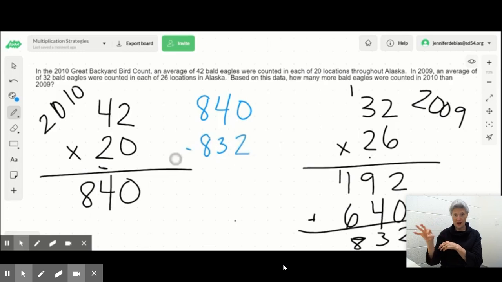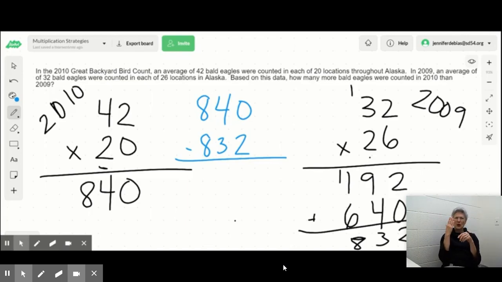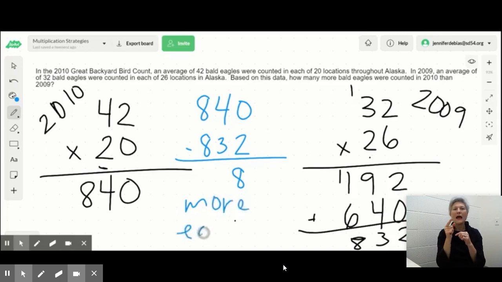I know to compare these, I'm going to subtract. The most efficient strategy is not for me to regroup. I can look at these two numbers and know that 832 is 8 less than 840. I was able to do that because the value in the hundreds place is the same. And looking at 40 versus 32, I know 8 more would make 40. So my final answer is 8 more equals